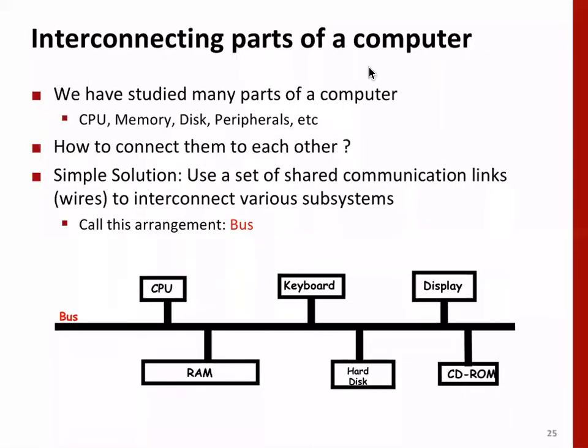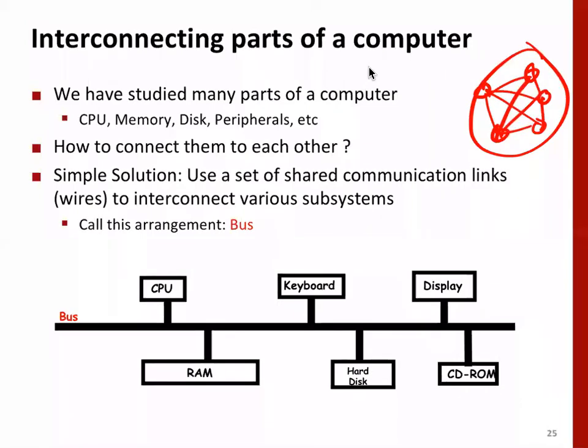Note that buses are not dedicated buses between any two components, otherwise it will be a fully connected network. Suppose there are 4 or 5 such components, then you need to create a fully connected network if everyone has to have a connection with the other. So you require a very large number of links. It's a fully connected graph, right? As the number of components goes up, this complexity becomes just too big. That's the reason we use a shared mechanism.